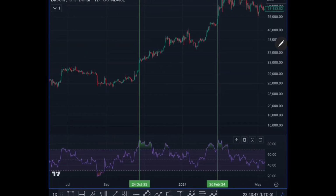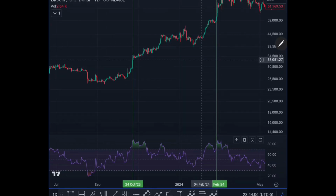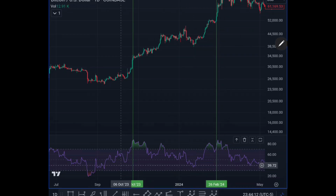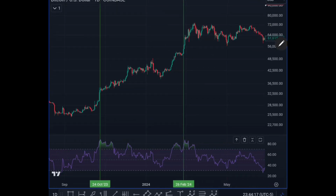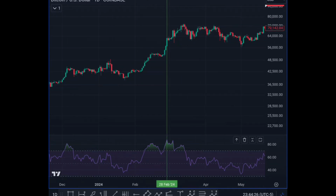Similar in the following instance, we had overbought conditions, and then divergences kept happening, but price kept creeping up. So for like another 3 months of up, grinding up into January before getting a drop. That led to the RSI getting back down to previous levels, even lower than these, giving you hidden bullish divergence for another continuation push. And here, when we got overbought in the overbought area, that was getting towards the end,